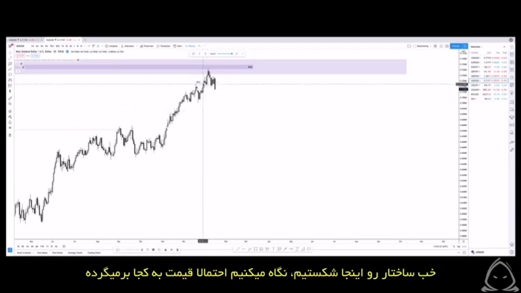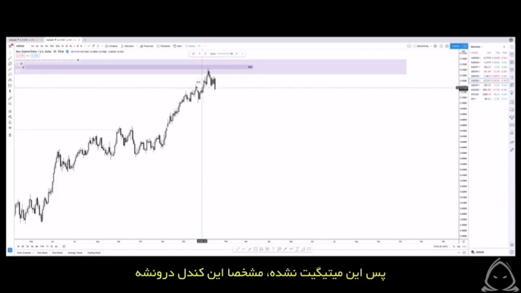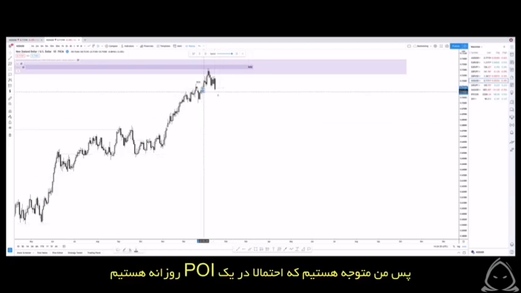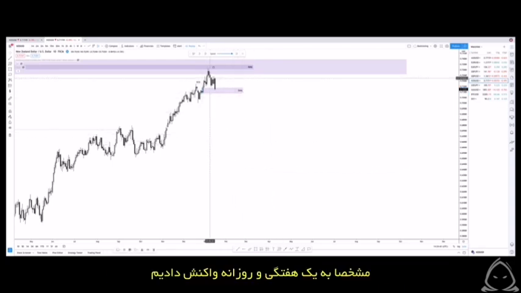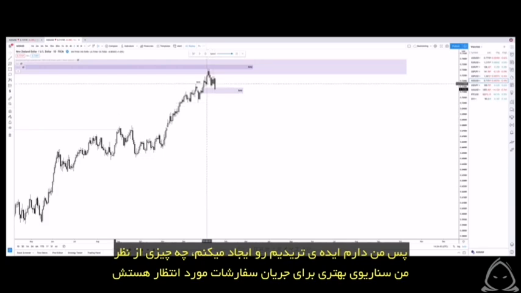So broken structures to the upside here, looking at where potentially price could come back to. You have this candle here that then caused the break of structure. This was unmitigated. Obviously this candle is now inside it. So I'm wary that potentially we are in a daily POI. Obviously we've reacted off of a daily and weekly,